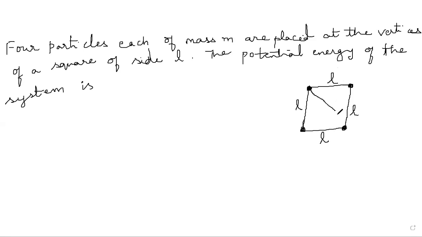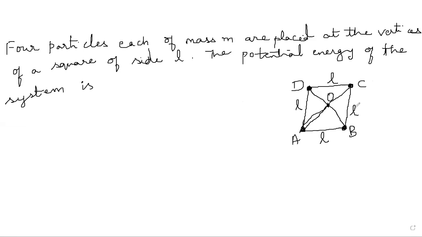As you know, the diagonals will be crossing. So this middle point will be called O. The potential at the center due to the given mass configuration, for that particular point, you have to find the V. I'll be naming the vertices as A, B, C, and D. The distances from O to A, O to B, O to C, and O to D are all equal.